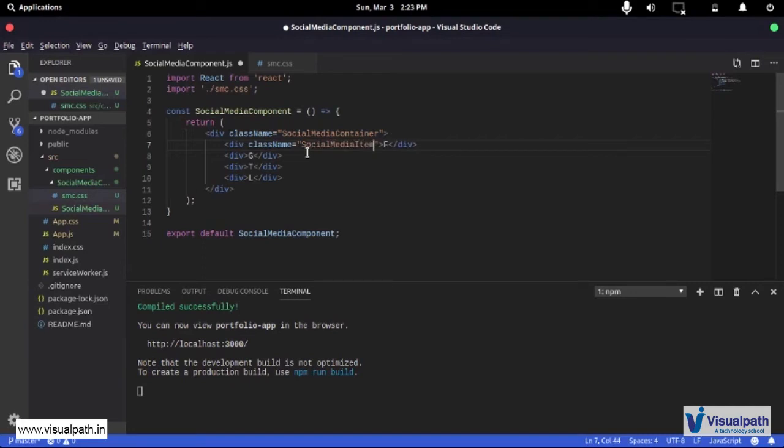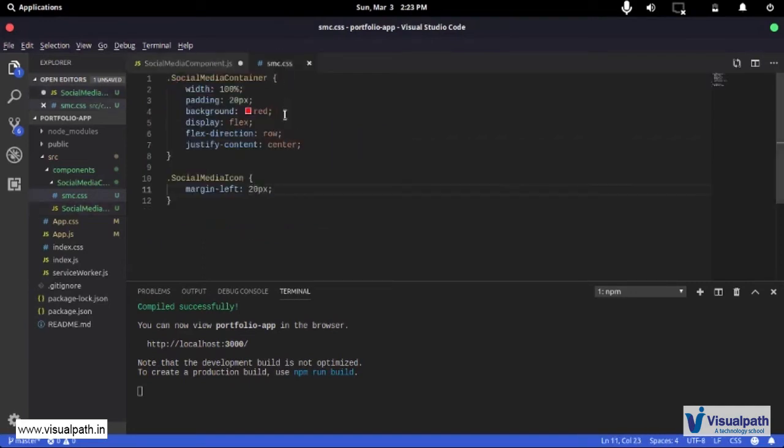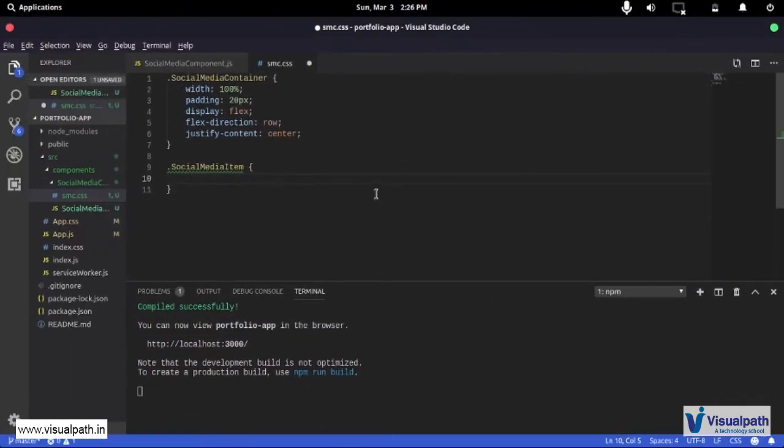Let me just check that I name those two. So here it is icon, and I just want it to be item, some CSS that is going to make that element have some margin on each side.